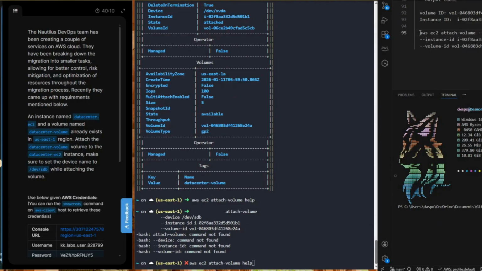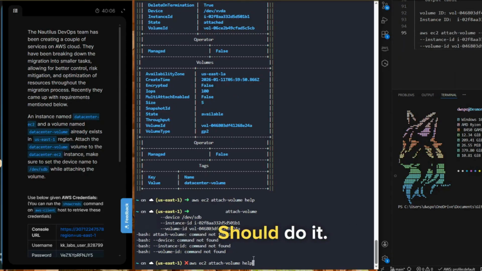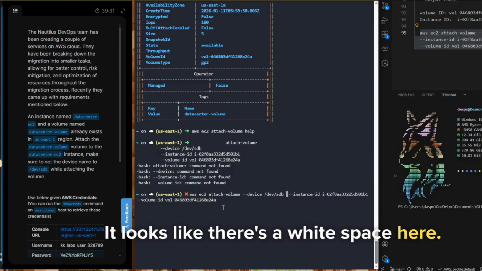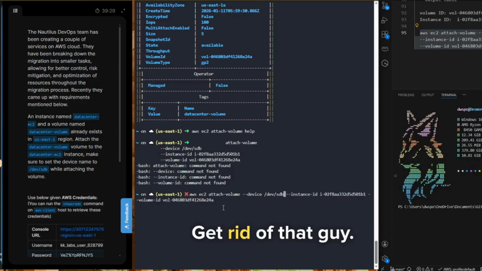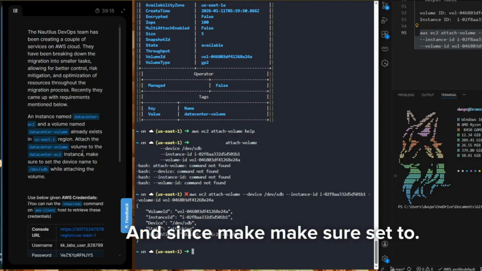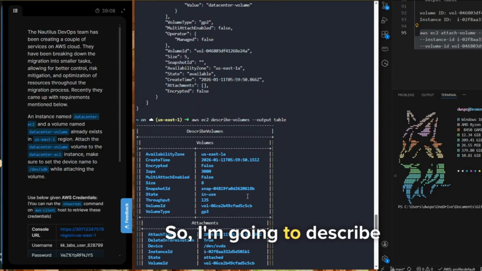Alright, so this should do it. Control C. Alright. Let me get rid of it. Looks like there's a white space here. Get rid of that guy. Ooh. State is attaching. Instance. Make sure set to. So I'm gonna describe